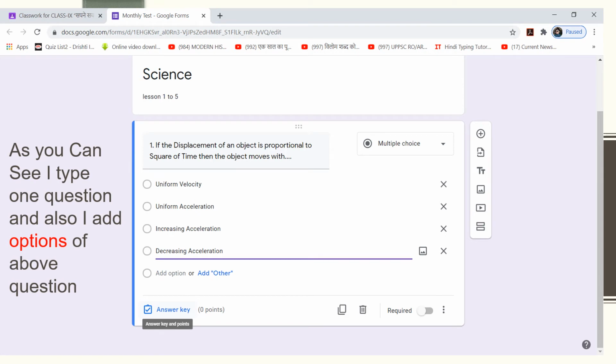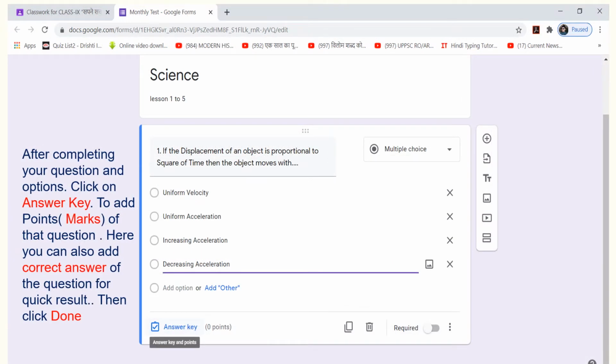As you can see, I typed one question and also added the options of the multiple choice question. After completing your question and answers, click on Answer Key and add points as the marks of the question.